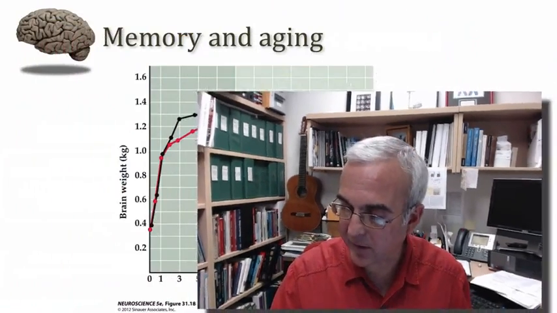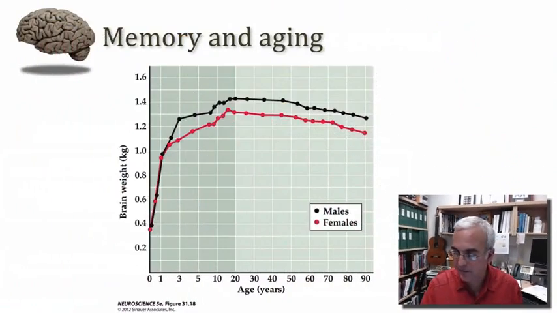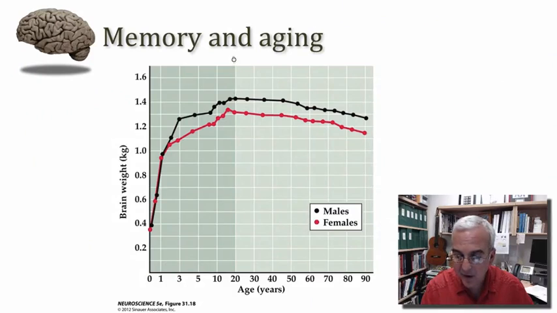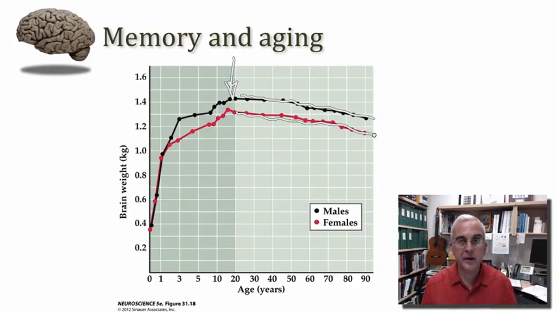We know that our memory system does indeed change across the lifespan with age and is particularly vulnerable to certain forms of neurodegenerative disease. Well, to just remind you of how the brain indeed does change across the lifespan, we achieve the peak size of our human brain probably at about the end of the second decade of life. Thereafter, for both men and women, there is a gradual decline in the overall size of the brain. So what's actually changing as we age through adulthood?